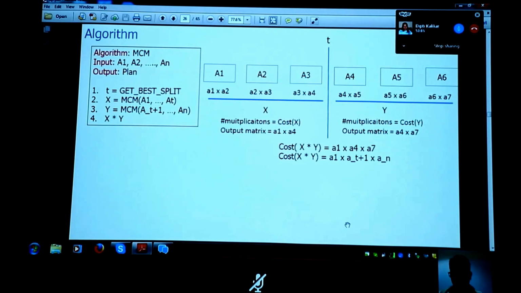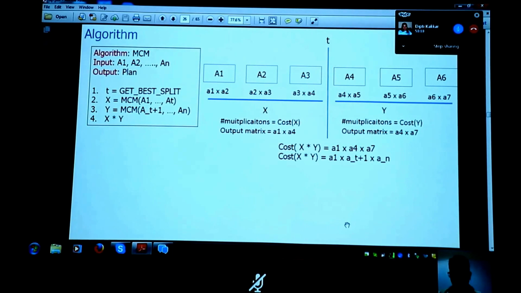So what we'll do is, suppose we can somehow get this best split. Somebody gives us this oracle. There is this wise man who was around, so we can ask him somehow. Suppose we find this best split. Then how will we write the recurrence relation? The recursive program will look like this. You are given A1, A2, up to An. You get the top best split somehow.